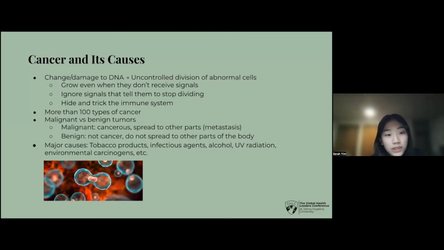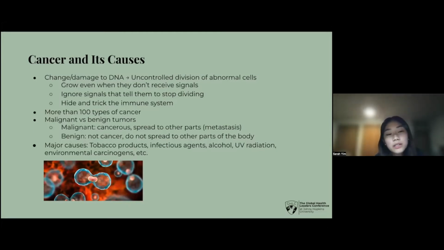division of abnormal cells. They will grow even when they don't receive signals, and they will ignore signals that tell them to stop dividing, and they can also hide and trick the immune system in order to grow in the most ideal environments. Currently, there are more than 100 types of cancer that are known worldwide,